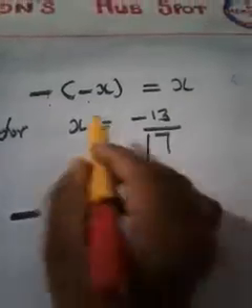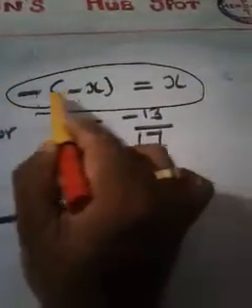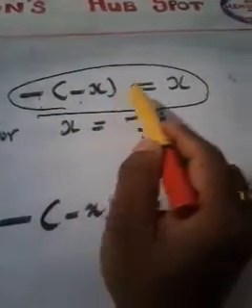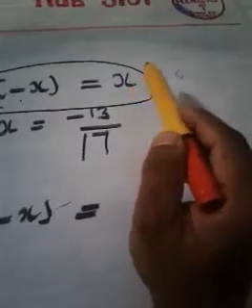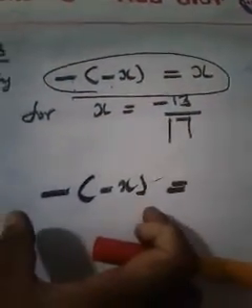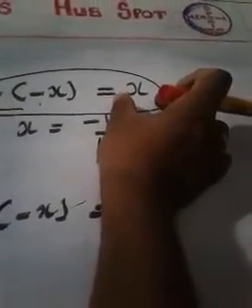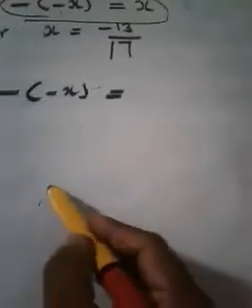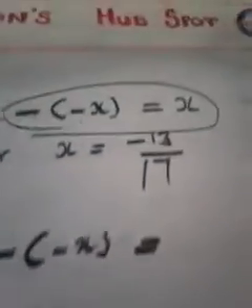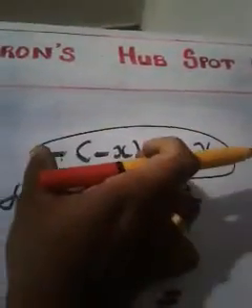You can consider it as an equation, and this is the LHS or left hand side of the equation, and this is the RHS or right hand side of the equation. So you just take this LHS part, minus of minus x, as it is, and you take the RHS part, which is x. Otherwise, if you are feeling difficulty with LHS and RHS, leave that. You just take the left side of the equation. This is an equation, you just take the left side of the equation.